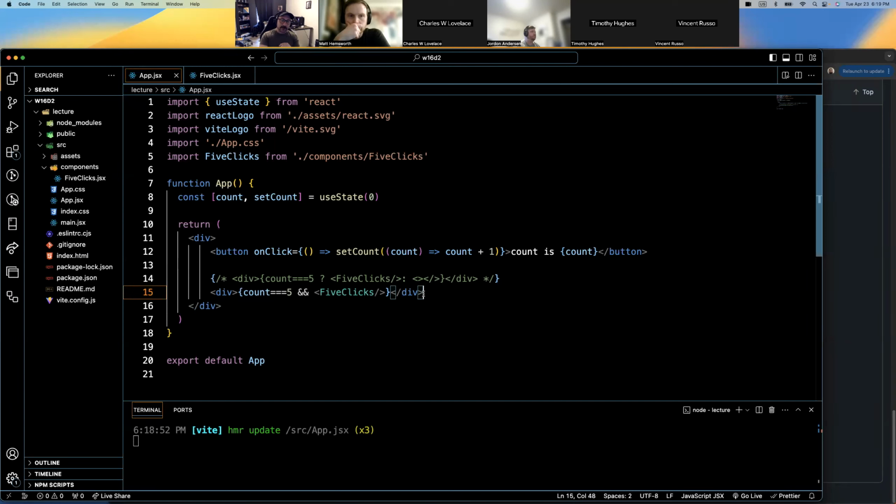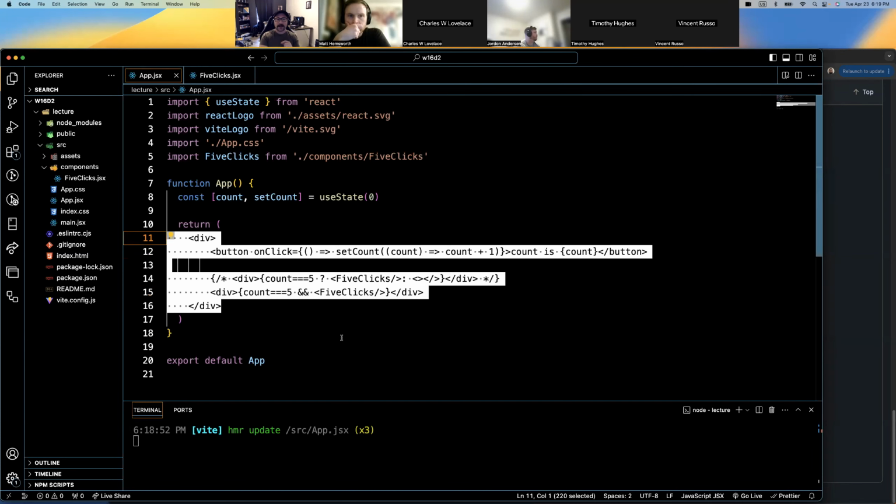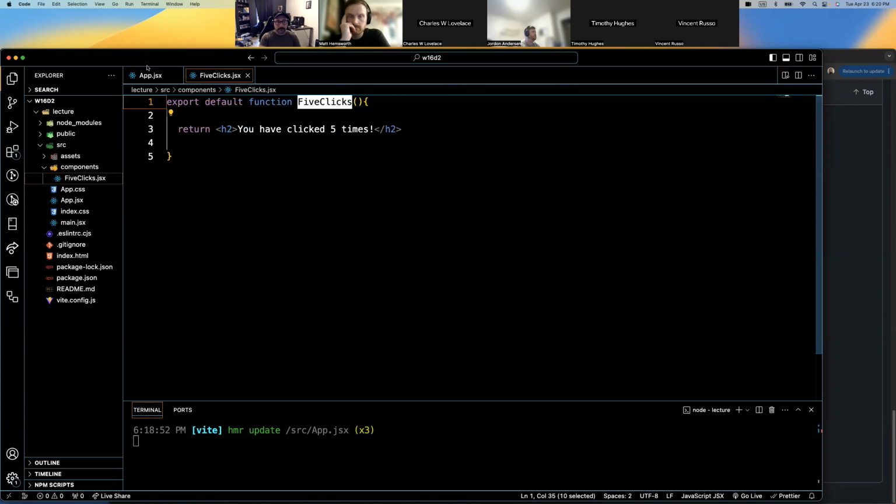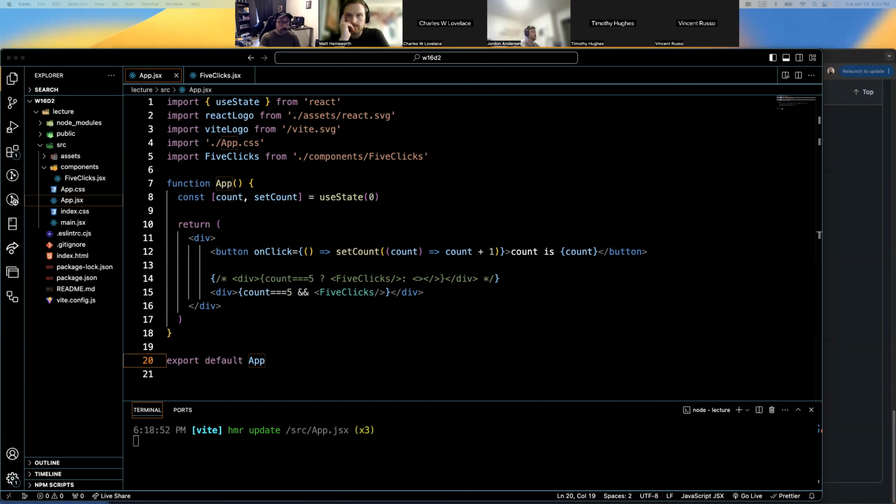If you think all this logic here seems like a lot of excess being added into this parent component, I guess is what you'd call it, that's fine. We can, using props, which is something you'll get into very soon, pack this conditional logic into the component itself. The way you do that